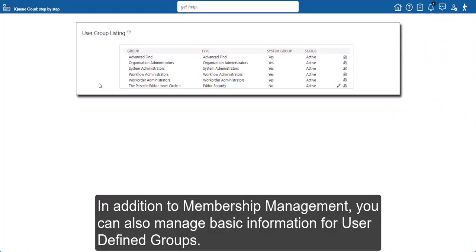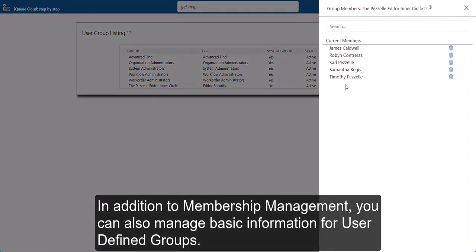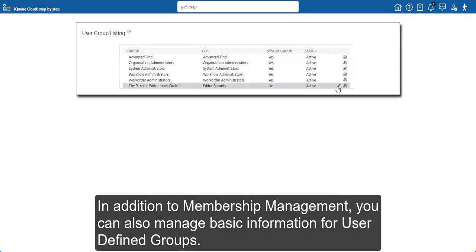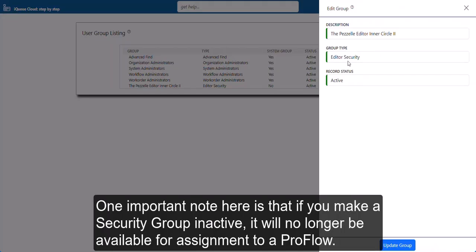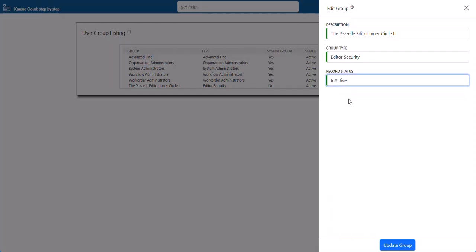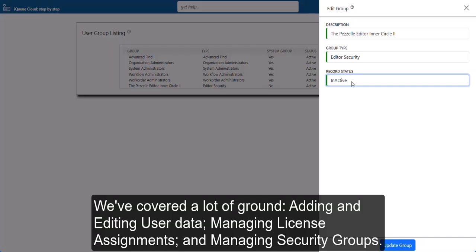In addition to membership management, you can also manage basic information for user-defined groups. One important note here is that if you make a security group inactive, it will no longer be available for assignment to a ProFlow. We've covered a lot of ground, adding and editing user data, managing license assignments, and managing